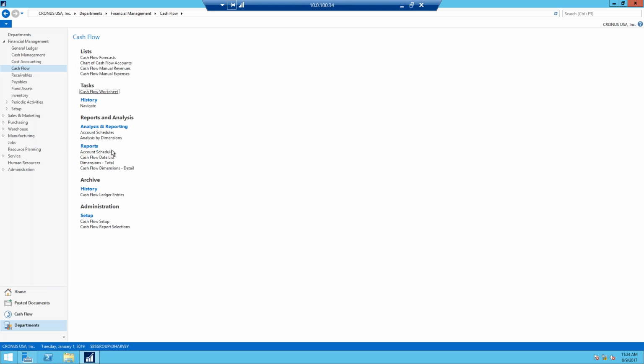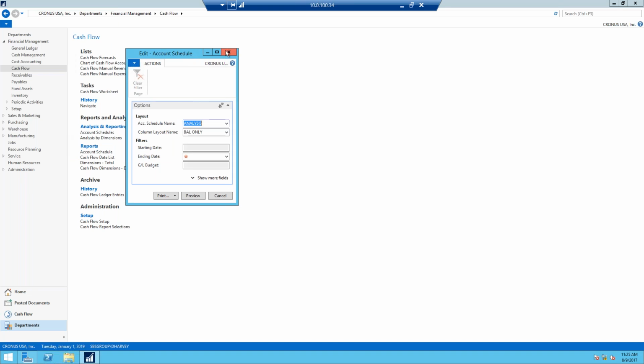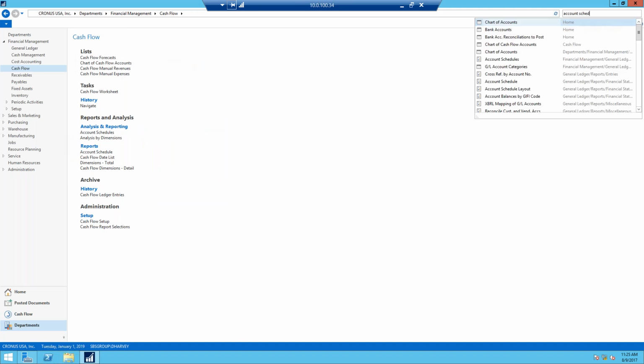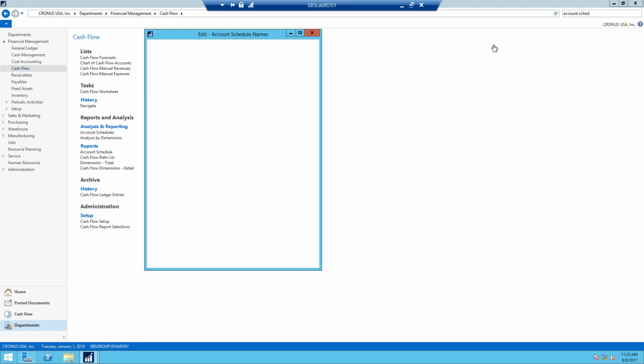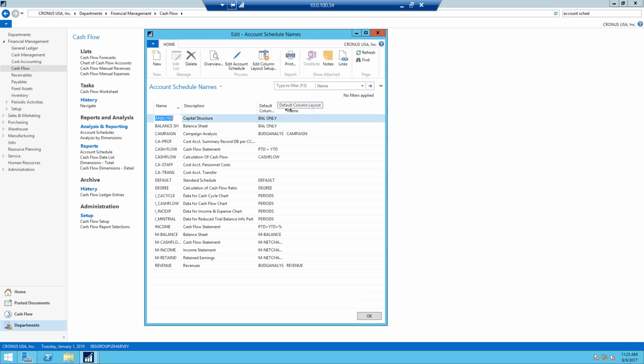So the next area that I just want to talk about a little bit is on the reporting side. There's two reports that will give you the information out. So one of them is going to be your regular account schedules. All right, so I'm going to close out here. Let me just go to account schedules. Okay, so those that are in NAV 2013 and up, you might have noticed that there are some cash flow